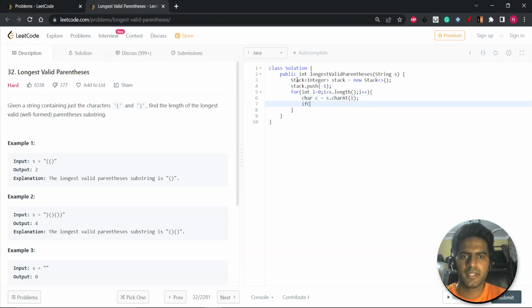So if the character is an opening bracket, we'll do something, else we do something else. Okay, if it is an opening bracket, then just push it to the stack, and if it is a closing bracket, pop the stack,